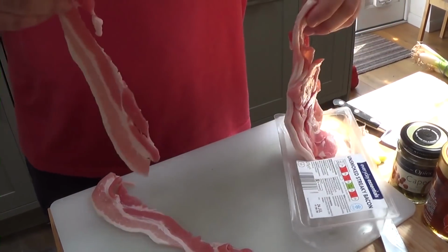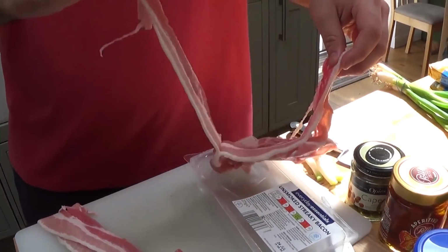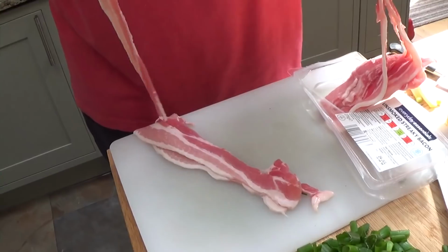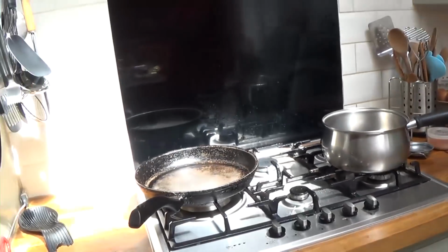We're just going to be getting strips of bacon right here, and I believe I said 4, so we're going to do 4 strips of bacon, and I'm going to be cutting them up, and I'm going to be frying them in a pan right over there, as you can see. So as soon as I get these out of here, I'm going to...